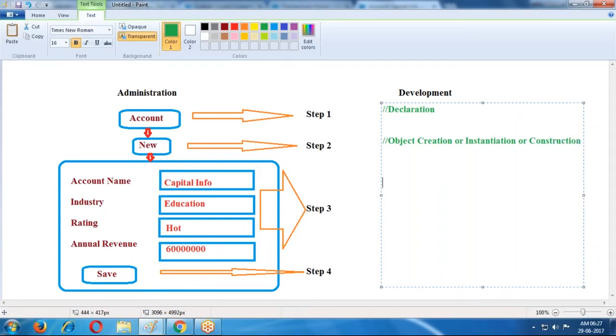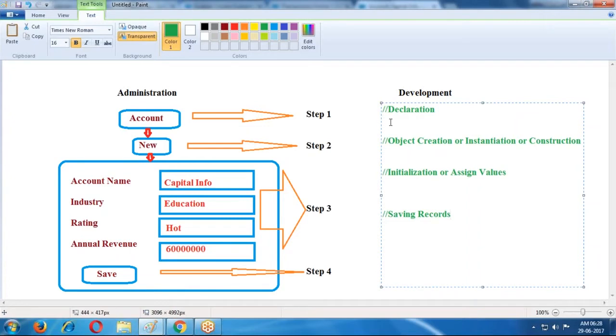There are so many names. Now one more is initialization, or assign values. Now the last step, saving records.